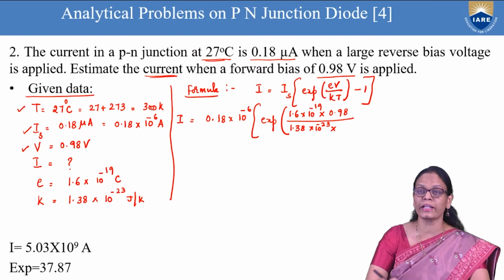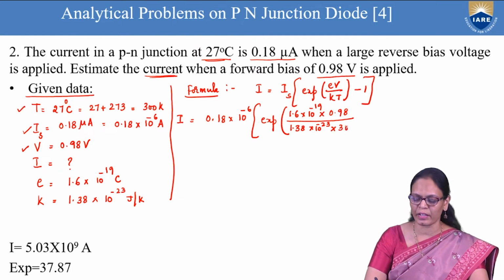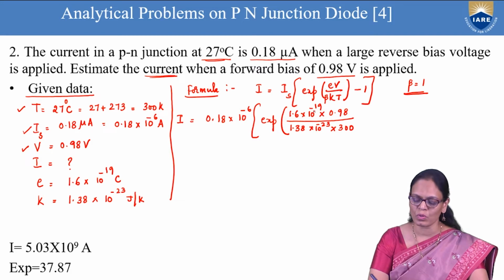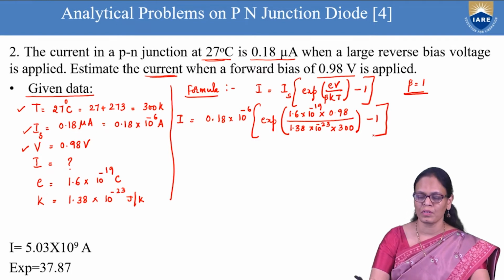We have converted it into Kelvin, 300 Kelvin. And one more thing we forgot here is the ideality factor beta. I said whenever beta is not mentioned, we consider it to be 1. So we have taken beta to be equal to 1. Minus 1 we have. So if we simplify,